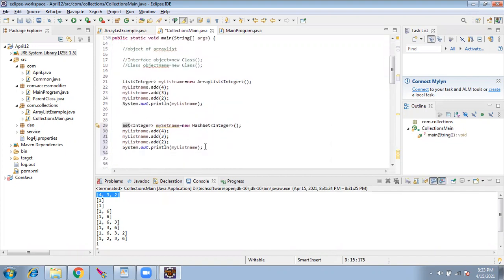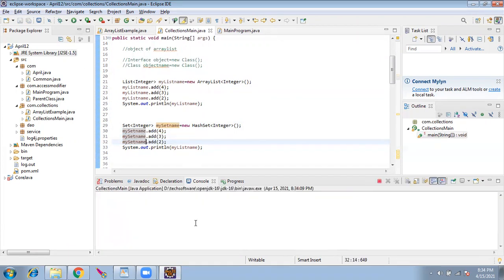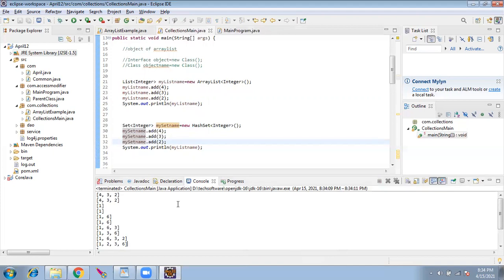Why do we have two implementations, like one is array list, another set? Set is also going to do the same thing, just a few additional features are there. If I run this, you'll know the answer. I'm printing the array list, I have to print the set here. That's why I was wondering why the result is same. Okay. You see here the result. First is from the array list. Second is from the set.